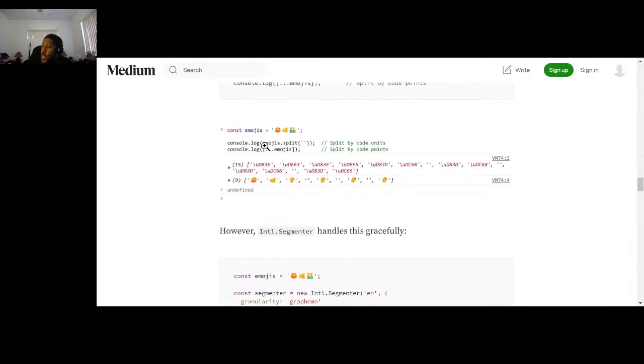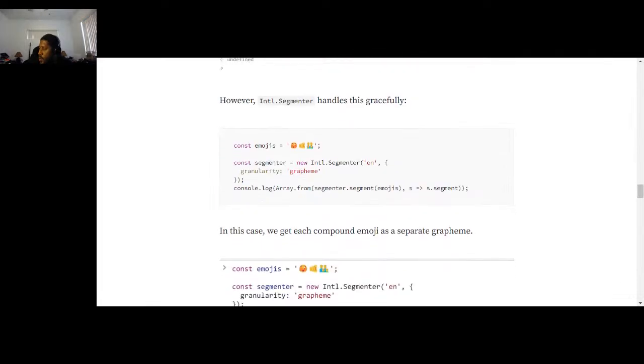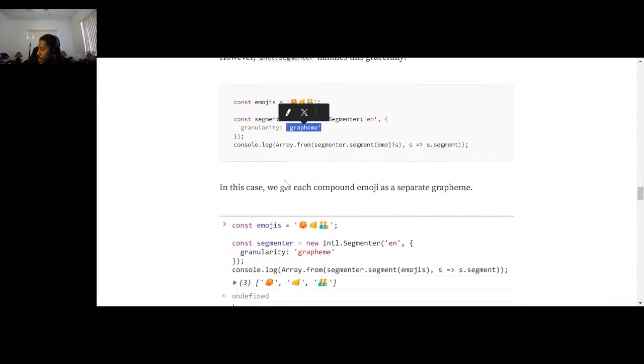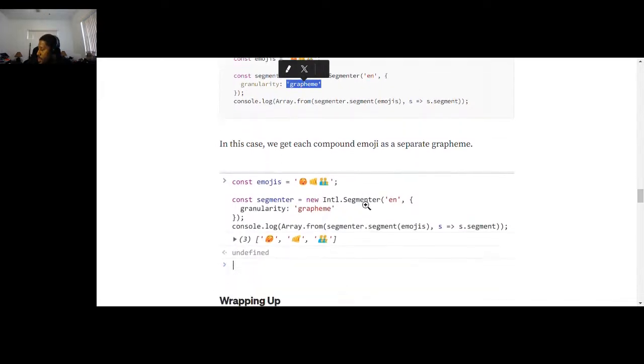Oh, so yeah. If you ever did split before and you tried to console log the splits, right? Then you get these things. But then if you were to spread them out or whatever, then you get these. Because I've done this before and I've just used this. I've never actually tried to do that before. But now with this, you can do a grapheme, if that's how you pronounce it. I don't know. And yeah, so then you just have English, grapheme, and then you put in these emojis and you make an array from that. And so it's going over the segments.